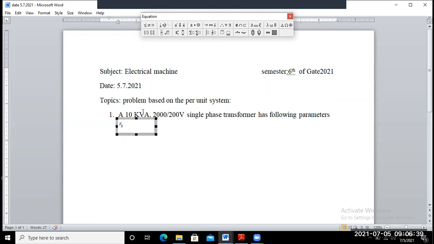So R1 equal to 3.6 ohm, R2 equal to 0.04,